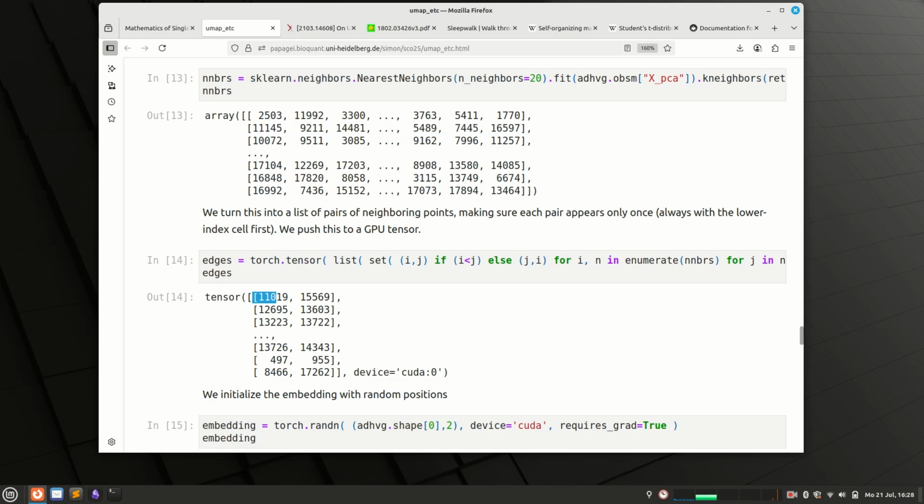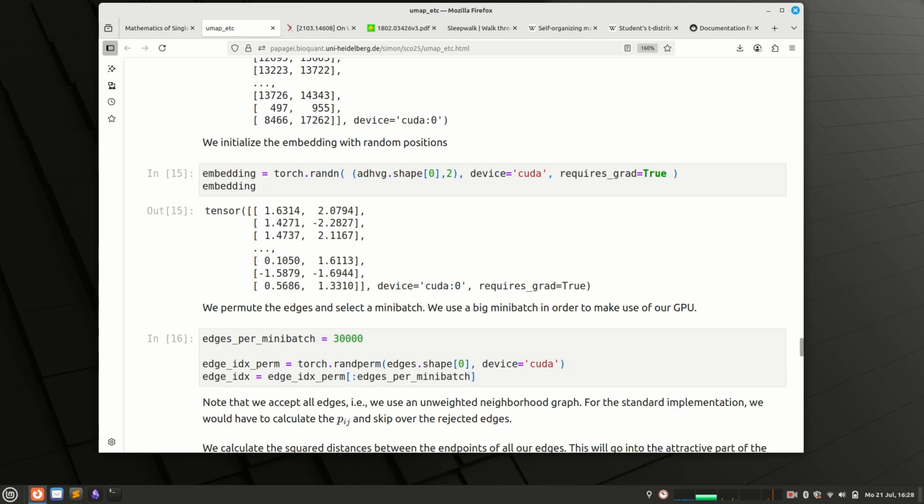And I get this edge list of neighboring cells according to the attraction graph. And then I did my embedding. And to start off, I just randomly spread the cells over my plotting surface using here a normal distribution. And as you can see, I quickly need to still